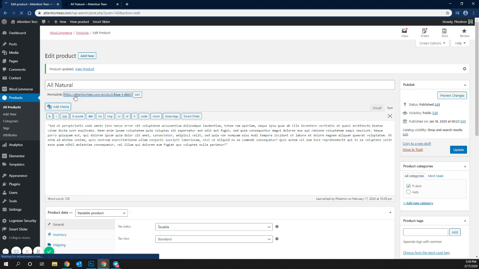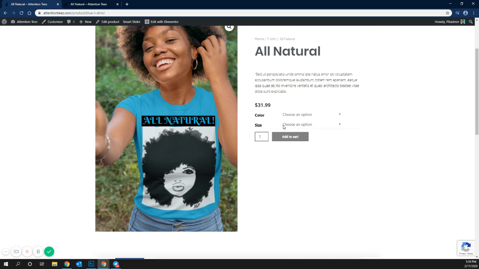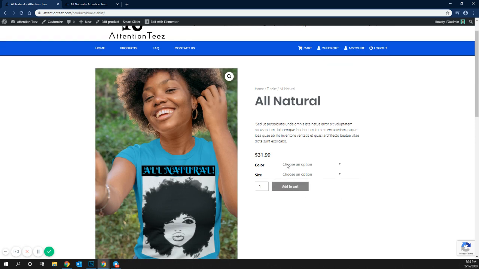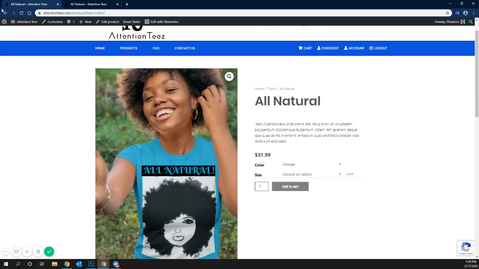Then we're going to select the link. And now you see we have a color option with our colors, blue, orange, pink, purple. And we also have the sizing options. Now, if we go back to our dashboard,